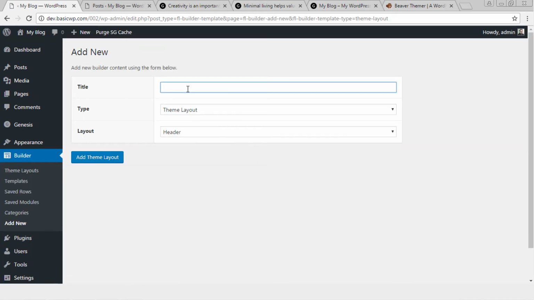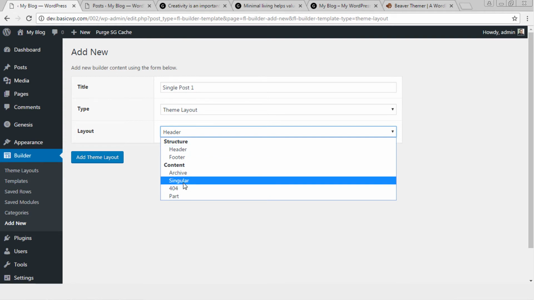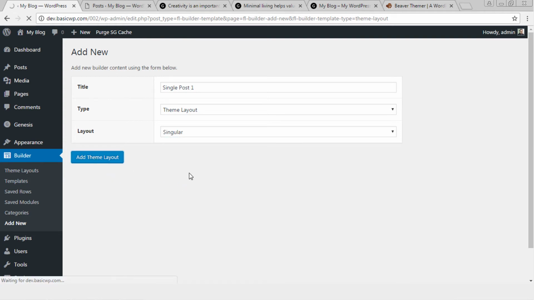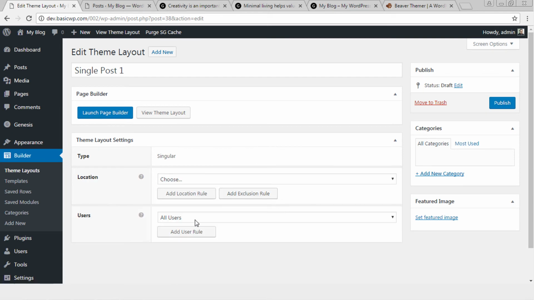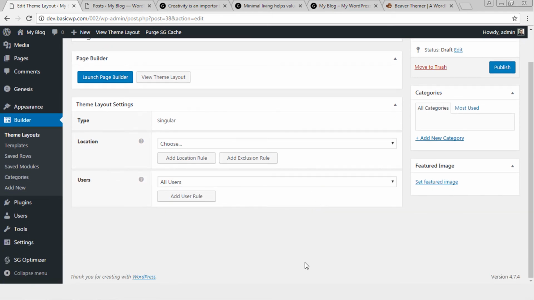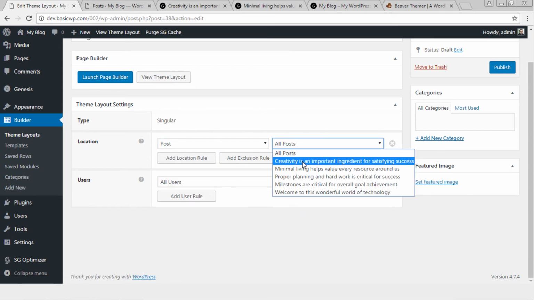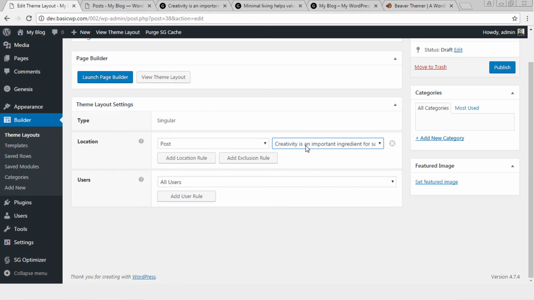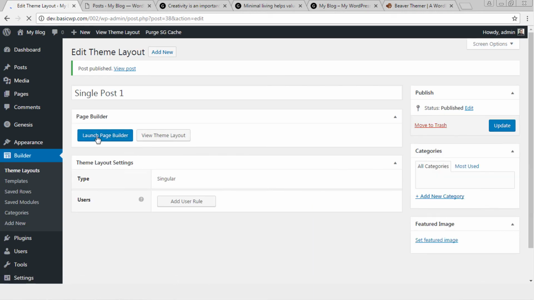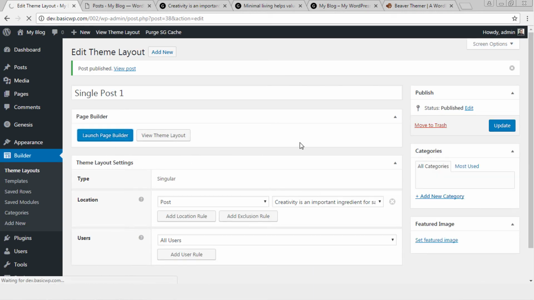For example, let's do the last one, single post. And here we will select singular add theme layout. And again, let's do it for that very post only. Okay, after we select the singular, let's select the post for which we want to create the new layout. Let's select the creativity is an important. Publish, and then we'll hit the page builder,